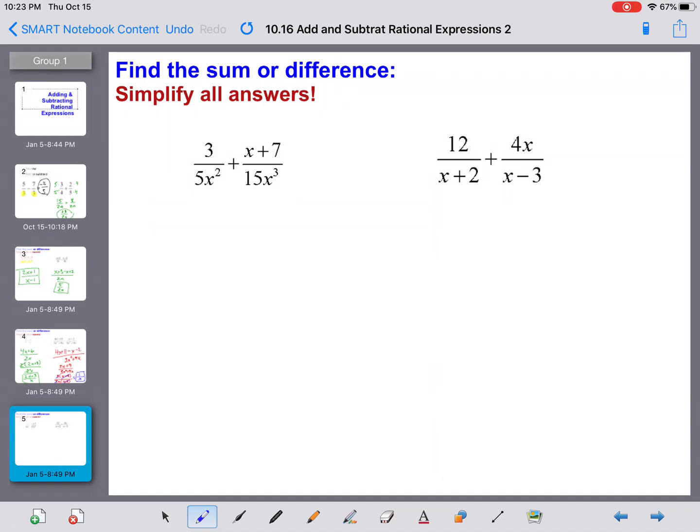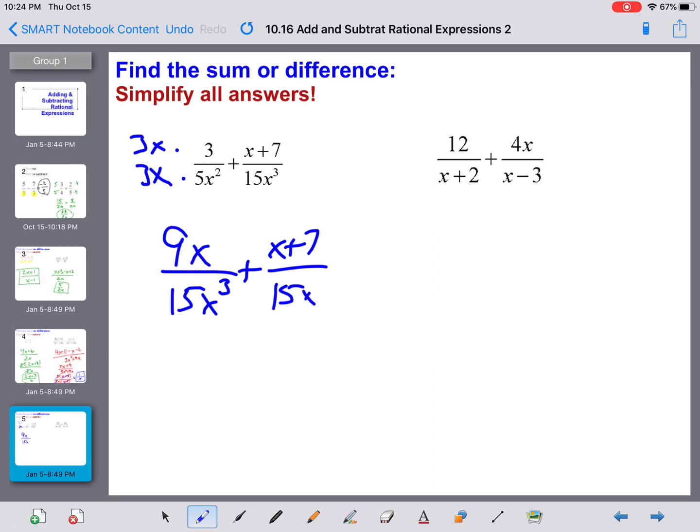So we would say, how do we build 5 to be 15? We can build 5 to be 15 because our common denominator is 15x cubed by multiplying this by 3. Whatever we do to the bottom, we have to do to the top. And then we have to build up x squared to be x cubed, so we'd have to multiply it by an x as well. Okay, so we have 3x times 3 is 9x over 15x cubed plus x plus 7